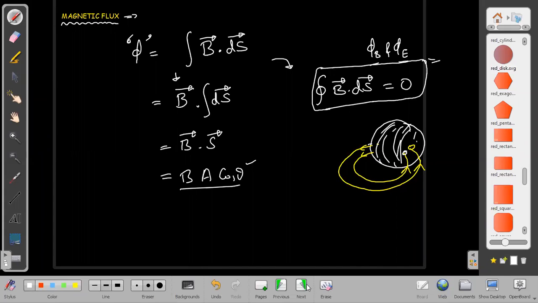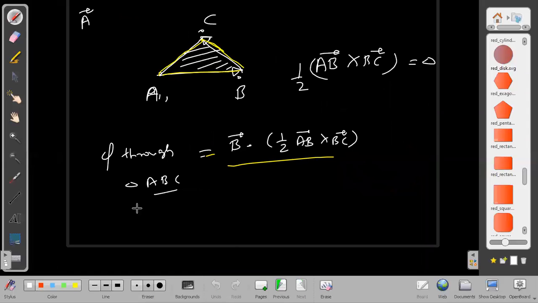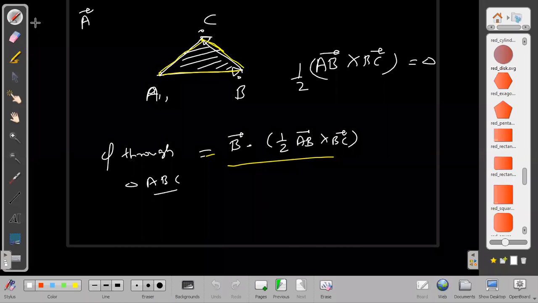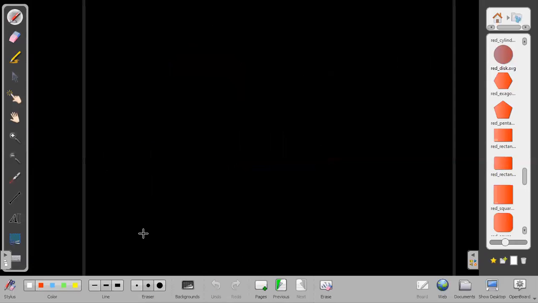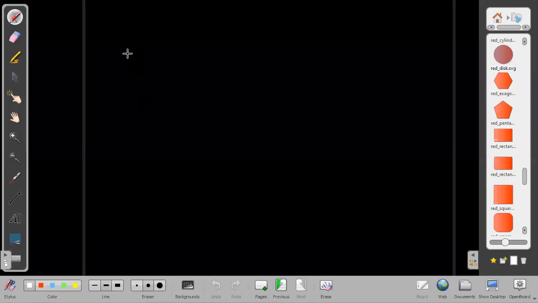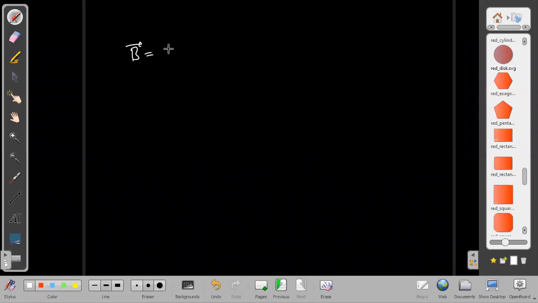Right. Next, what other cases did I take when I took flux? I think you remember I took flux in all different cases, like what is the flux through a ring element, or through a disk, or through maybe different shapes. All those cases may be valid in this case. I can give you some fields and ask you to find the flux. For example, let us say the field is given as 2 i cap plus 3 j cap, and we want to find the flux through maybe this hemisphere.